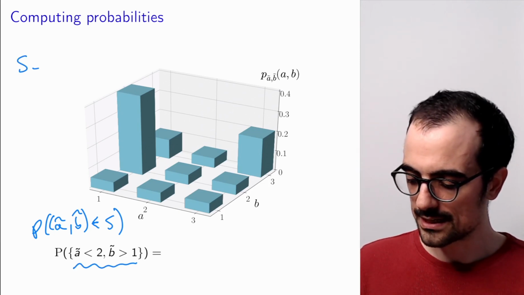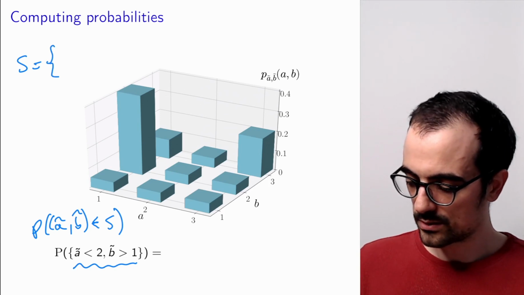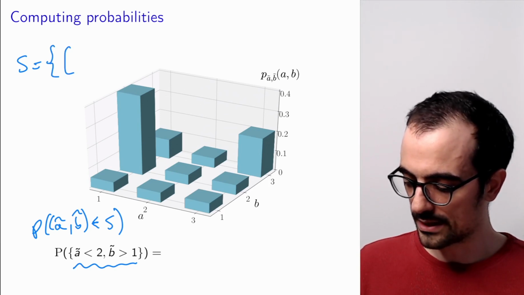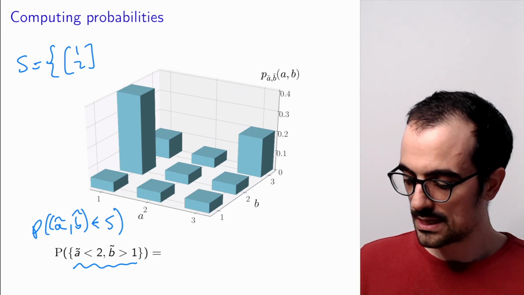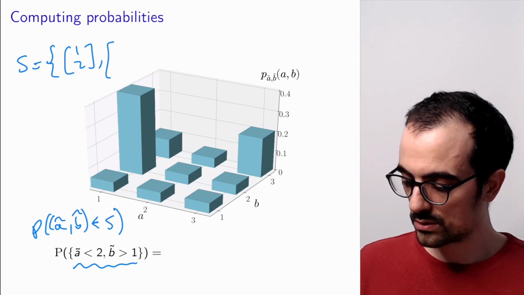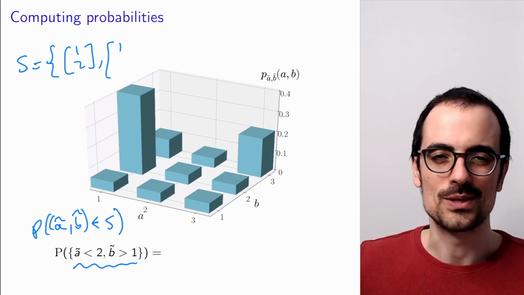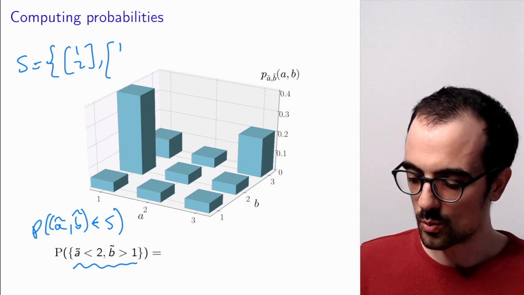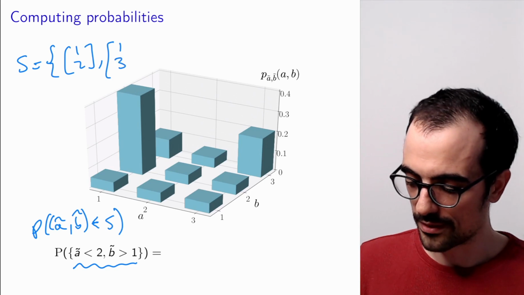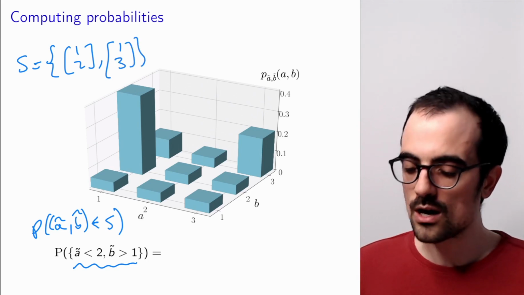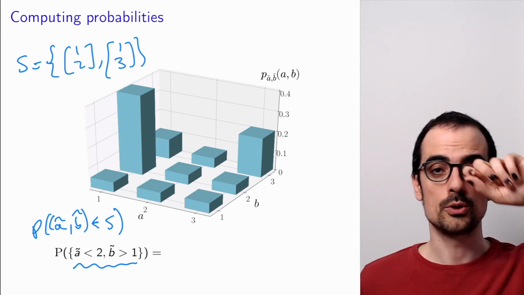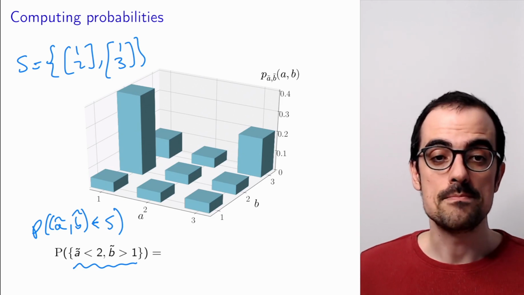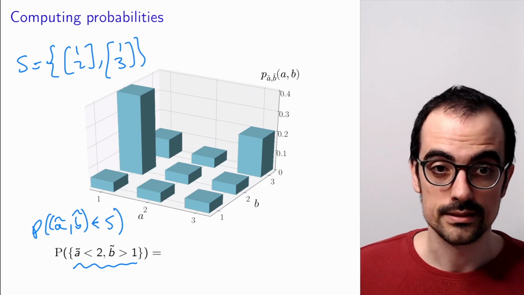So it's a set that includes two 2D vectors, (1, 2) and (1, 3). Now if we want to compute the probability that A, B are within this set,